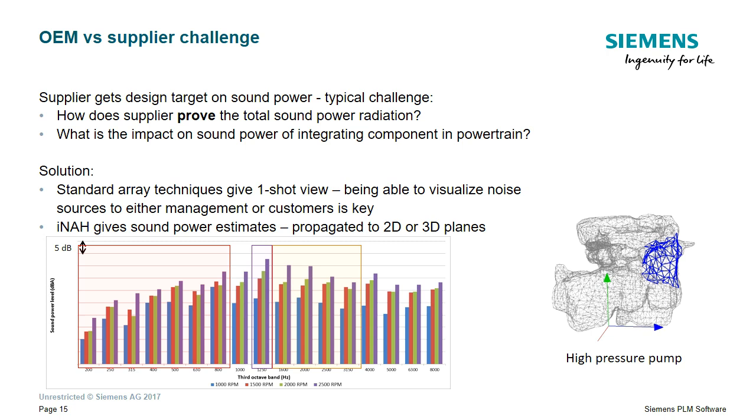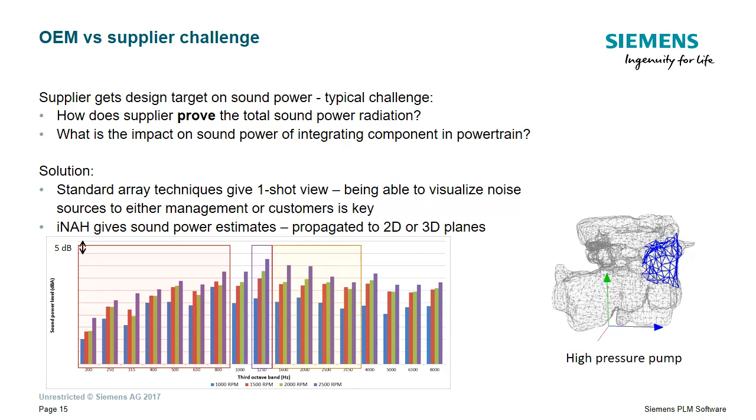Now the supplier usually has to prove that his component does not exceed a certain sound power radiation. On the other hand, the supplier also knows that his component will be integrated into the machine, the engine of his customer. And then if you measure on the outside with sound source localization techniques or with other techniques, it might be that the total sound power of this machine is too high. So what do you do then? How do you prove as a supplier that it's not your component, but that it's the way it was integrated? And that's a typical